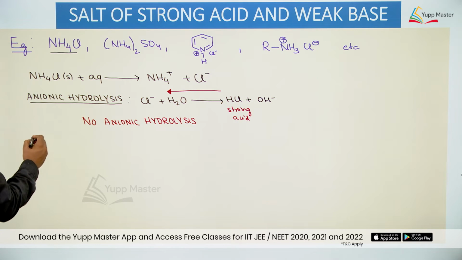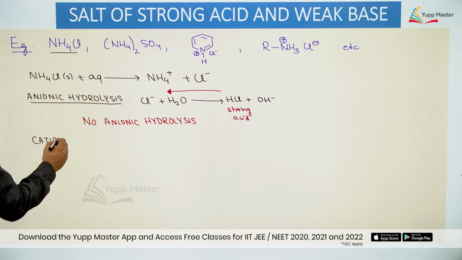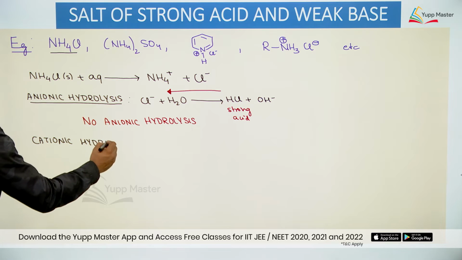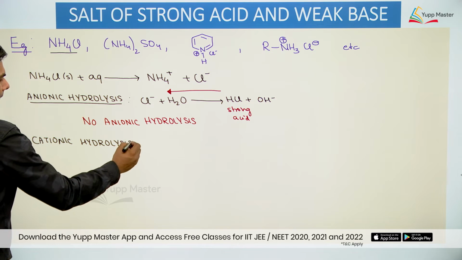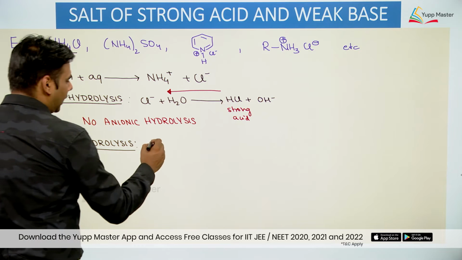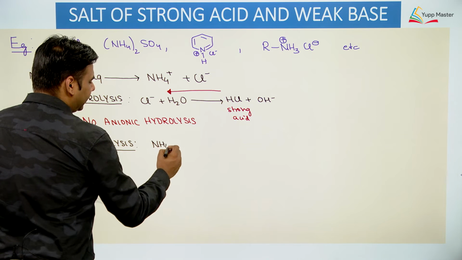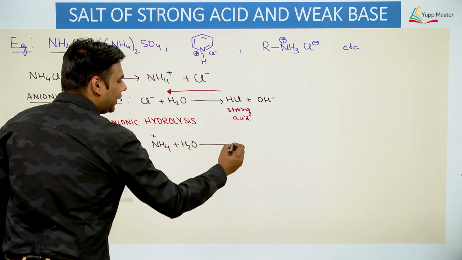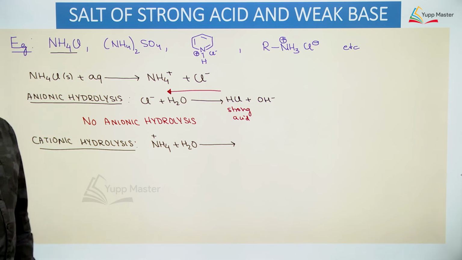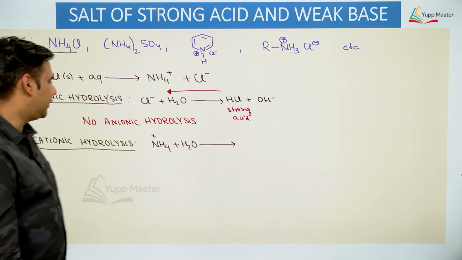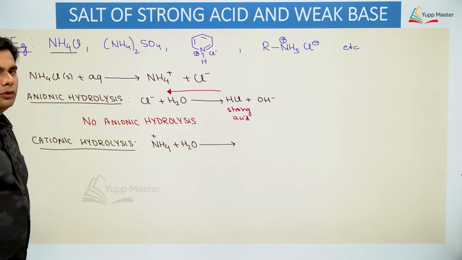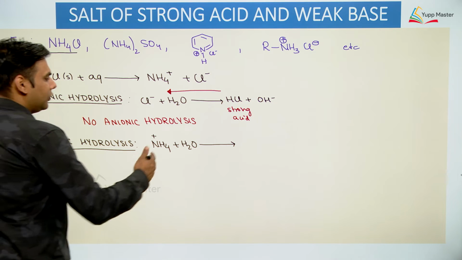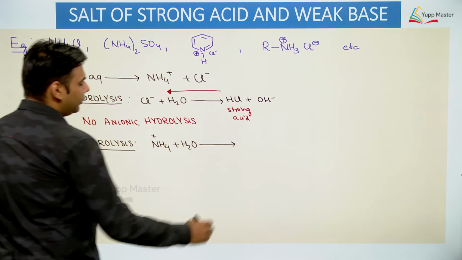Now let us consider the cationic hydrolysis. Now we are forming an ammonium ion over here. In the ammonium ion there is a positive charge on nitrogen, and we know that a positive charge on an electronegative atom is unstable because electronegative atoms generally have a negative charge on them. So this nitrogen will lose its proton and will change into ammonia, right? So it will lose its H plus ion. So this H plus ion would go to water. So we will form